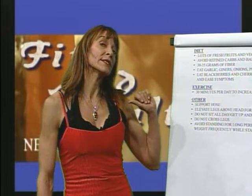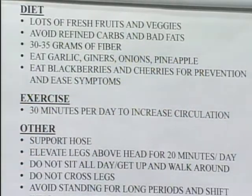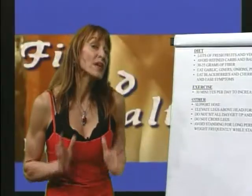Something I came across that I wasn't aware of is that blackberries and cherries really do help ease and prevention, actually,